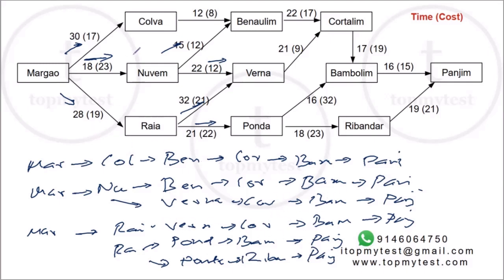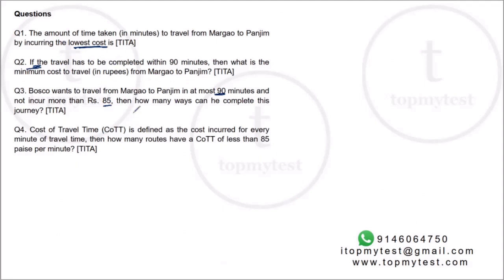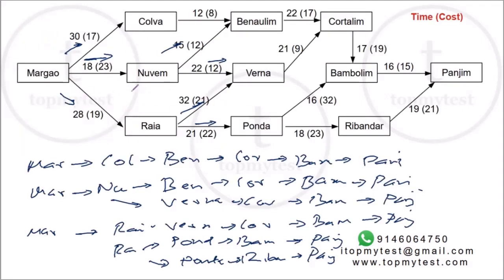Now I need to calculate the costs and the time taken, because to be able to solve every question, I need the cost and the time taken. Now we need to be a little clever. If we calculate one of the costs, the other cost can be manipulated pretty easily with this.